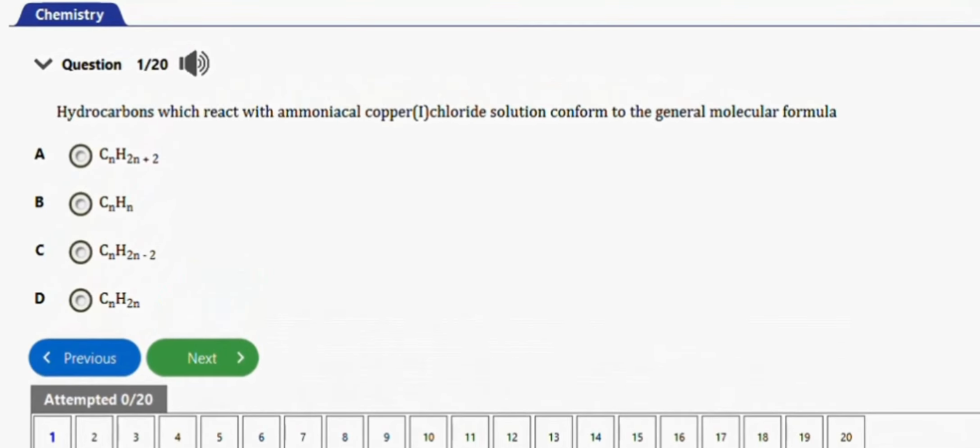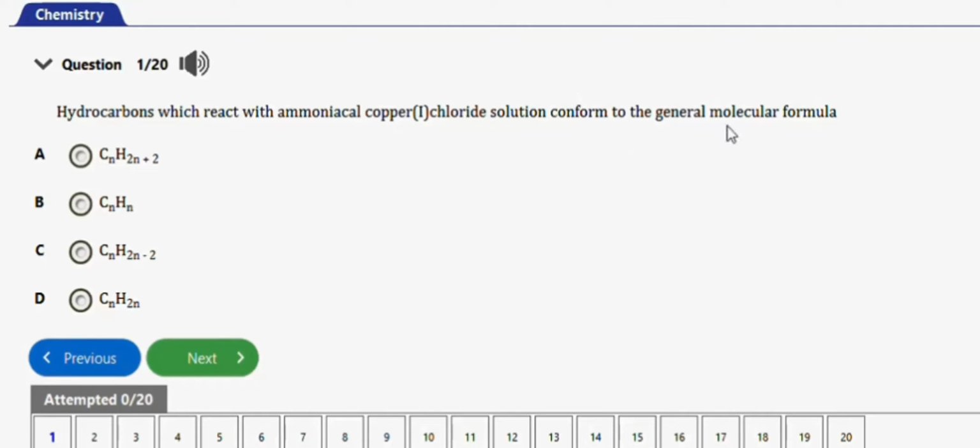In this video, we are going to learn how to solve these chemistry problems under Alkanes. So guys, we have about 18 to 20 questions to practice in this video. Let's get started. The first question I have here says hydrocarbons which react with ammoniacal copper 1 chloride solution conform